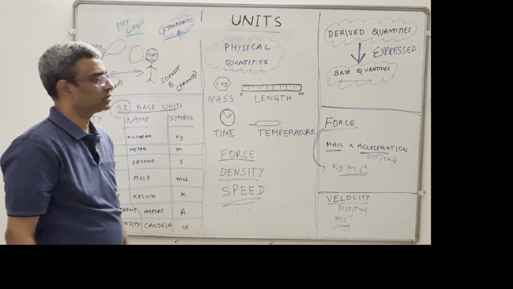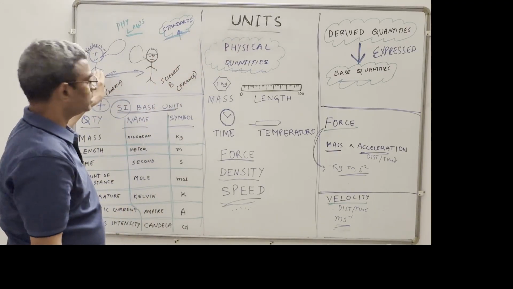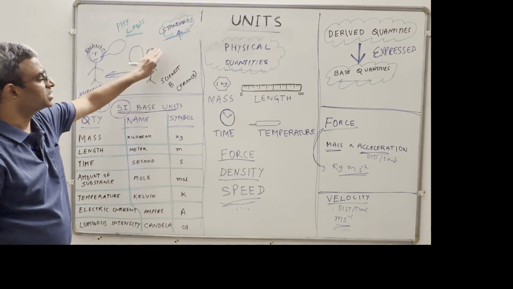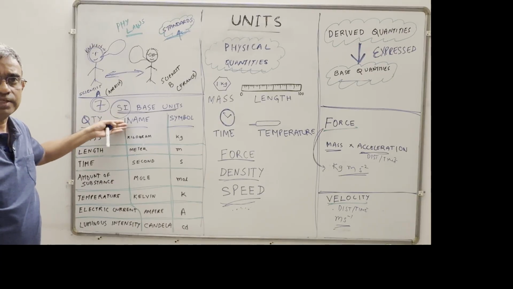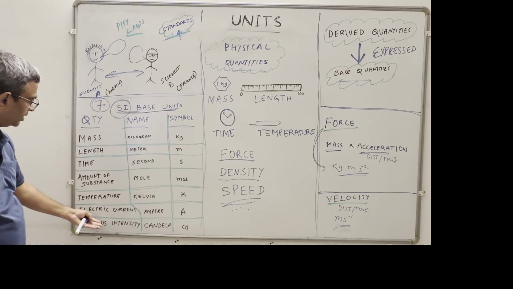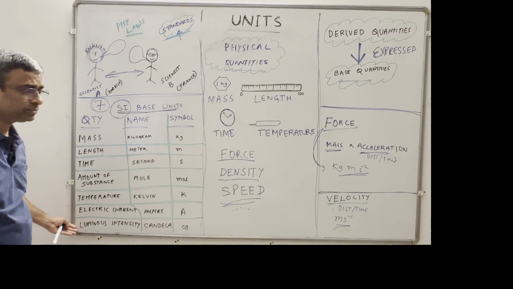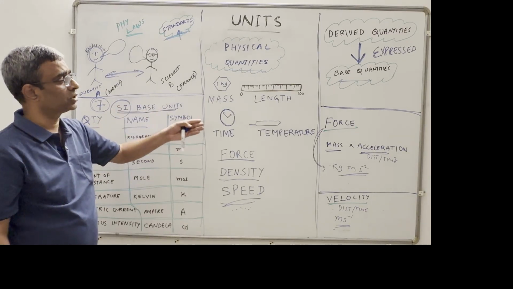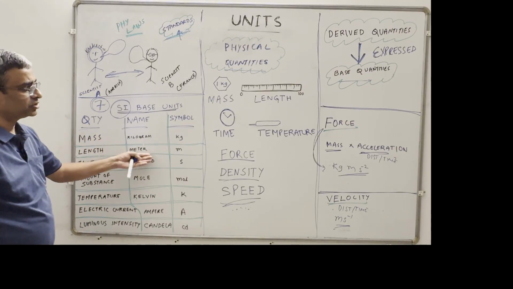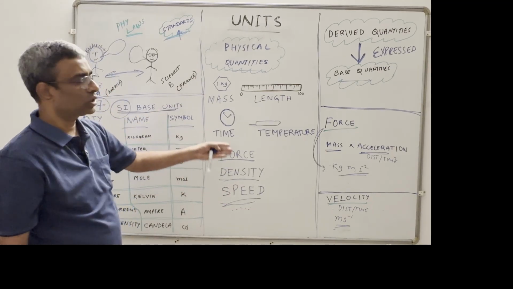So what we have seen here is there is a need for standard units so that scientists or physicists can communicate with each other, and those units have to be standardized. Scientists have identified 7 base quantities that have been standardized, and these are given here: mass, length, time, amount of substance, temperature, electric current, and luminous intensity. And the rest of the physical quantities, whatever they may be, can be expressed in terms of these base units, and there is no need to standardize all the physical quantities. So this is what we learned today.